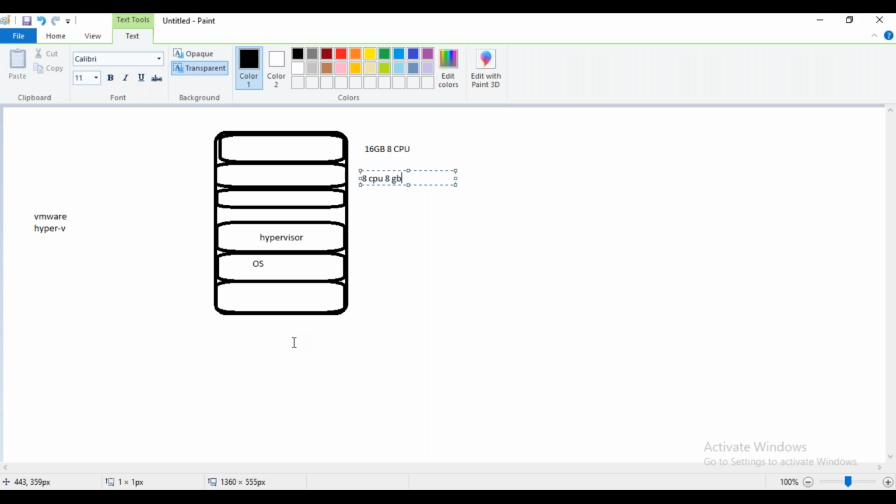And this is also an advantage virtualization was providing: you can run it on your local laptop also. VMware has VMware Workstation, and you can install it; Vagrant is also there. You can run it on your local machine, and you can create multiple virtual machines if your laptop supports that feature. And we can create multiple virtual machines inside our local machine also.